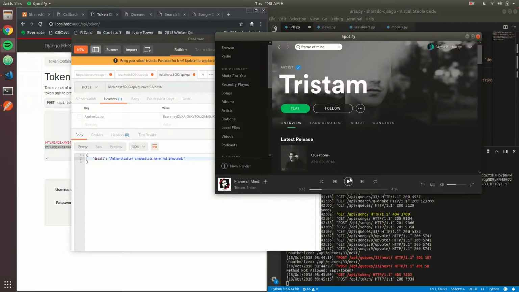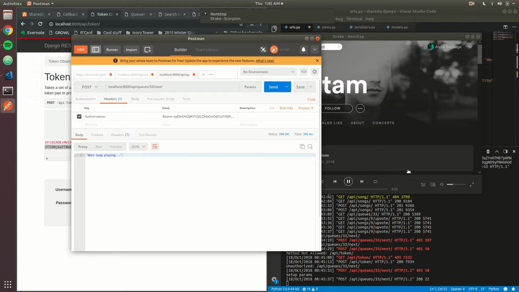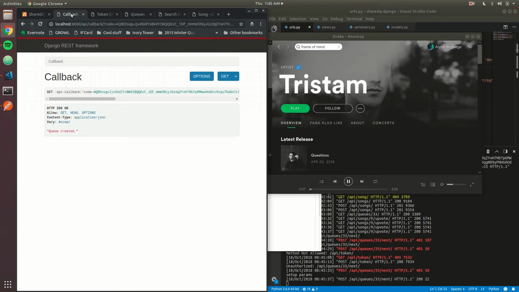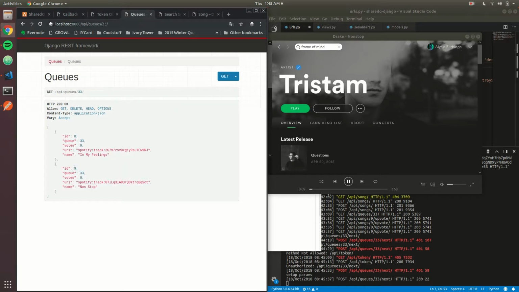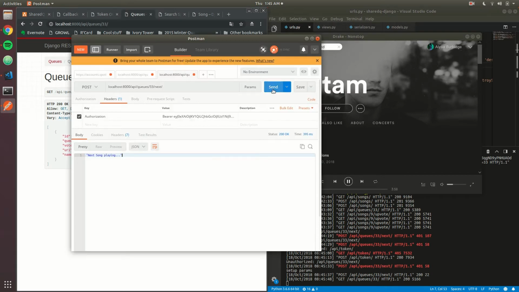So right now, when we hit send, then it'll play the next song and pop off the top song in the queue. So if we go back to queue, we can see that the track with ID 9 is gone. And then if we do it again,